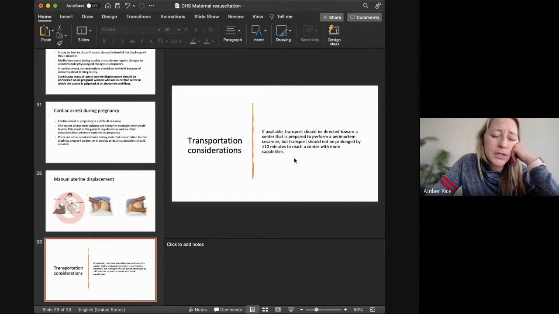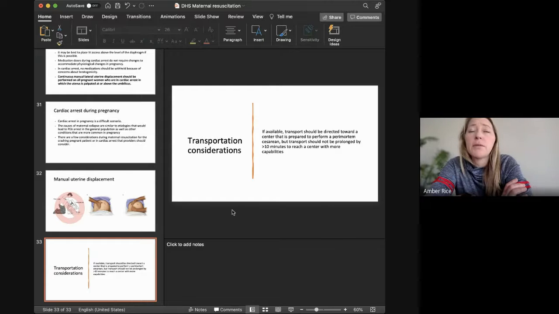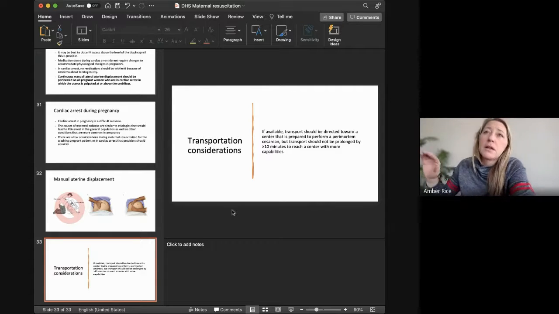And what about this transportation one? How do you guys feel about this one? Are there options in other places? Up here, there's only the one facility. But in Phoenix, would you pick? So here in Tucson, one of our regional transport guidelines is the critical obstetric guidelines. We have different levels of obstetric capabilities at our hospitals. I can't remember the names of the levels, it's like 1, 2, 3 or whatever. The level 3s could do preterm deliveries,